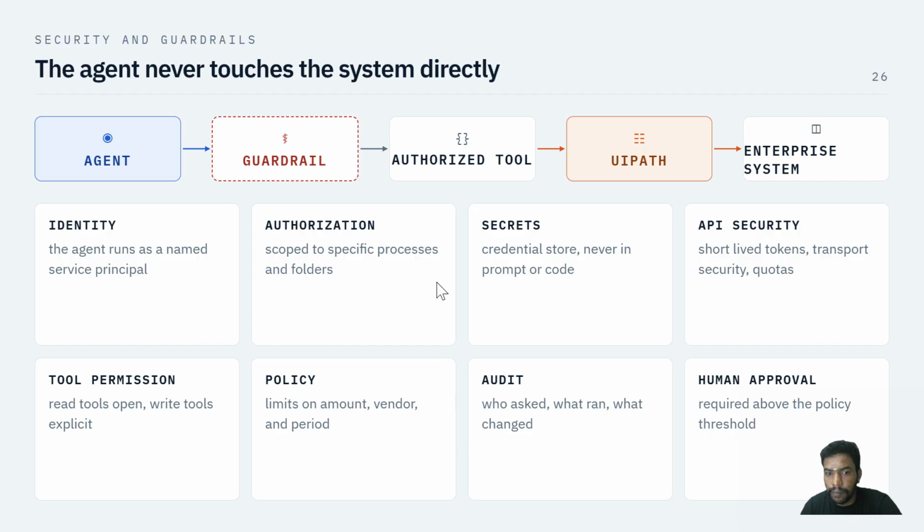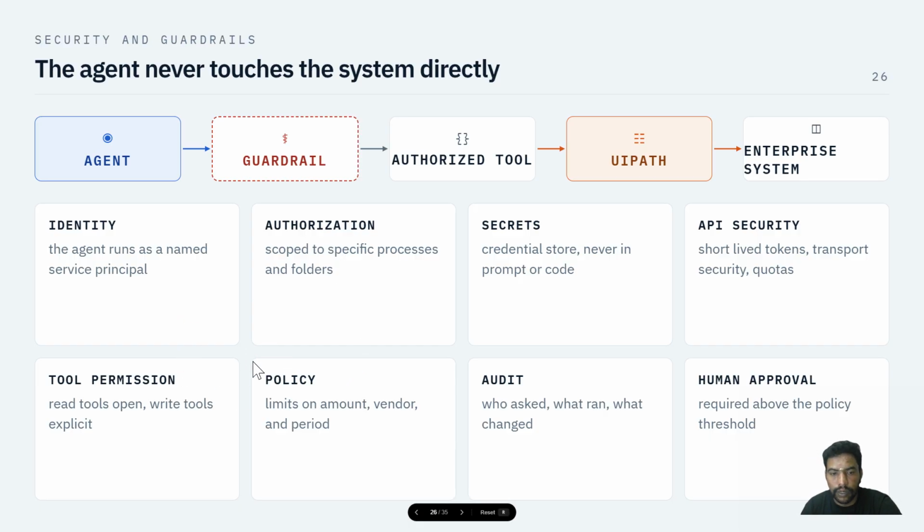API security means short lived tokens, transport security, and encryption. On tool permissions, read tools can be relatively open, while write tools are explicit and reviewed. Policy limits amount, vendors, and period. Audit records who asked, what ran, and what changed. And human approval is required above